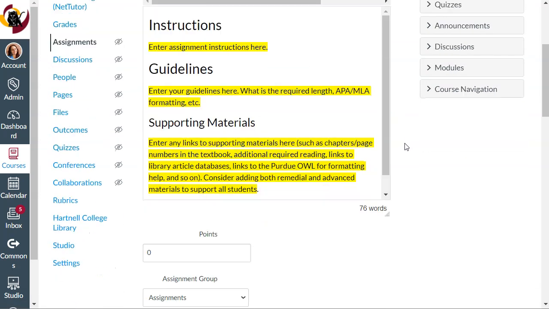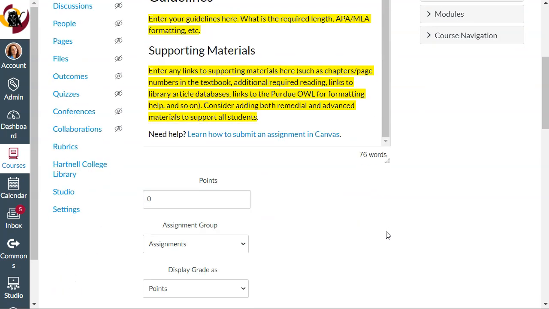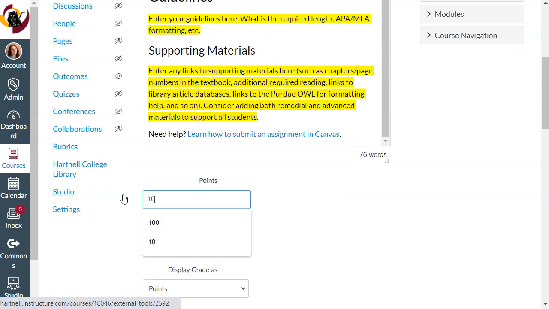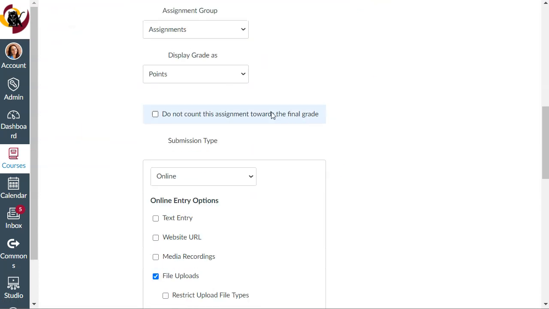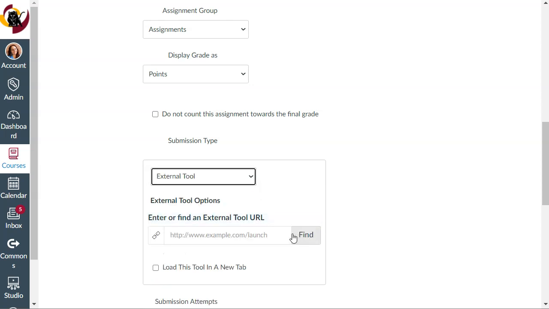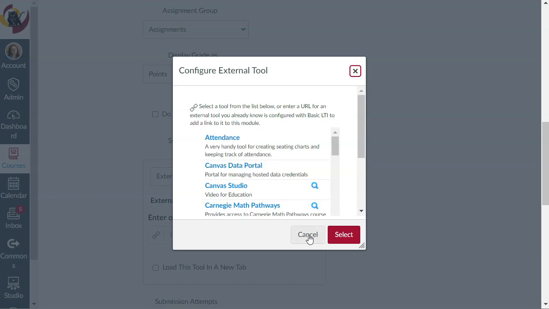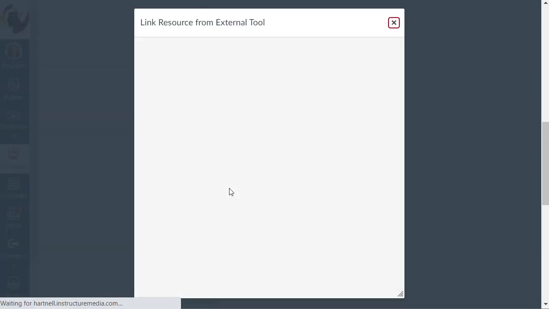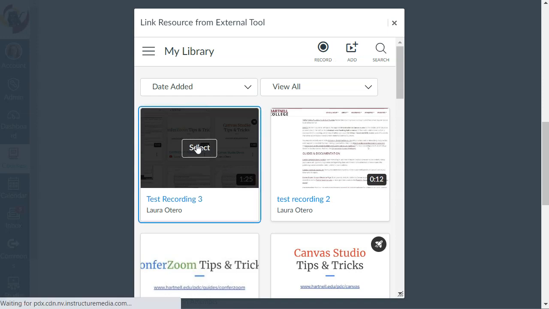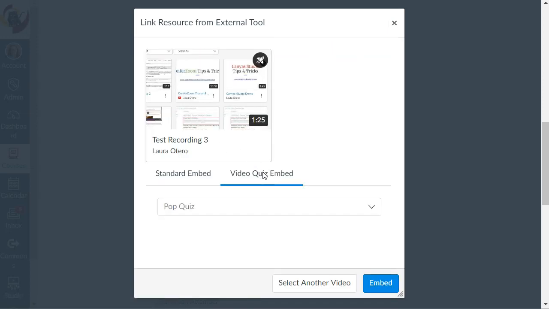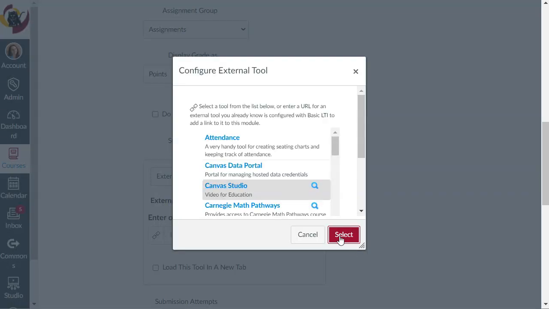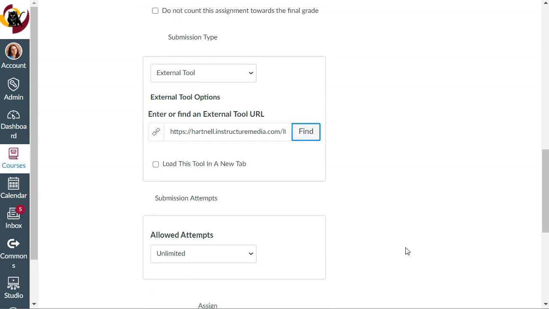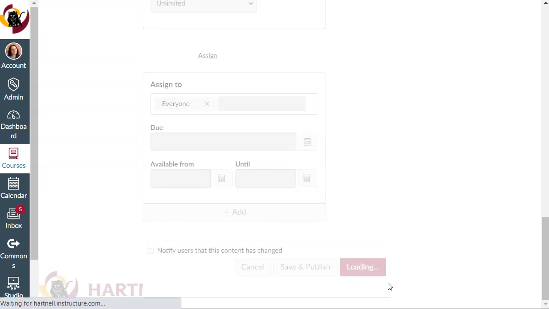And now I have my templating right here. Now I can add in, let's say it's going to be a 10-point quiz, right? So enter in however many points you need. And then under submission type, you're going to select external tool. And now you can find Canvas Studio, select your video, you choose Video Quiz Embed, and Embed. Now we'll select it, and we should be done. So once I hit save,